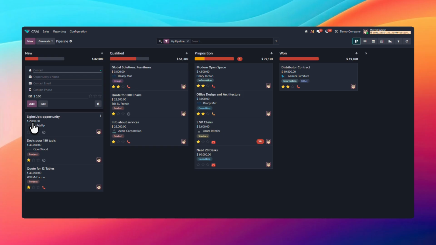And that's it. That's how you add a new lead in Odoo CRM. It's a very quick process, but entering the information carefully makes a big difference in keeping your sales workflow organized